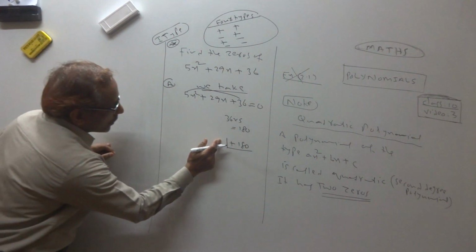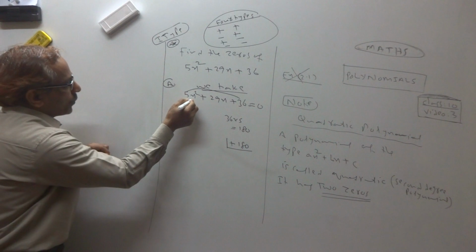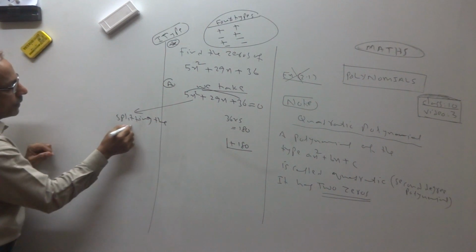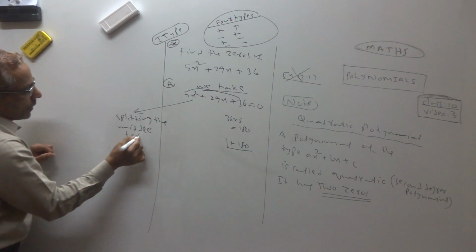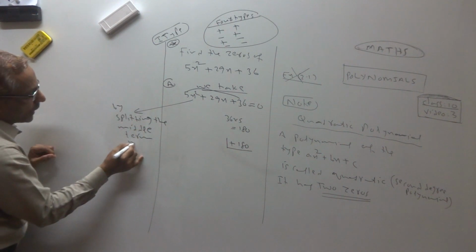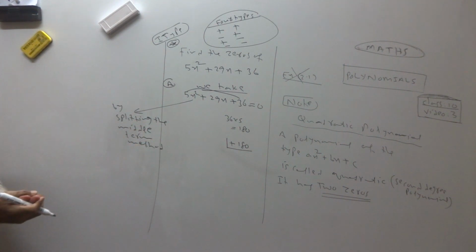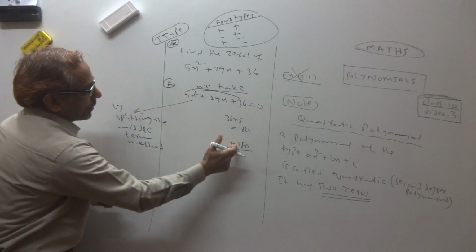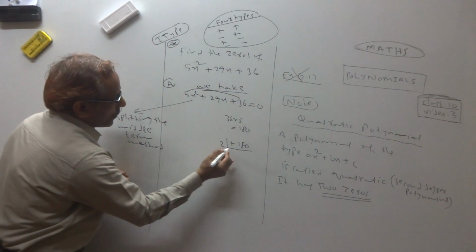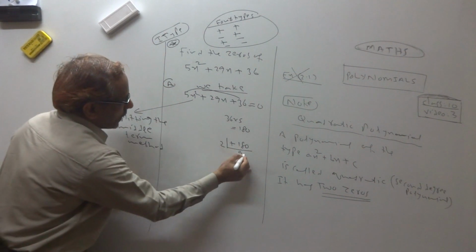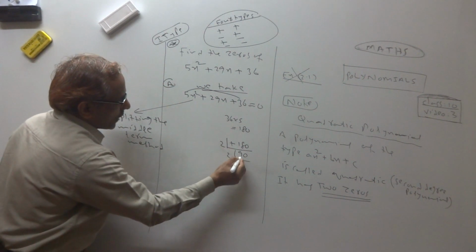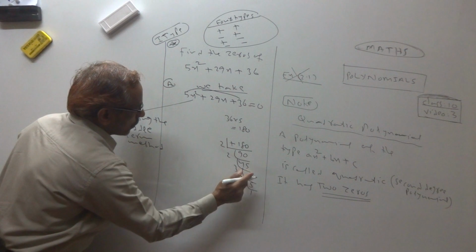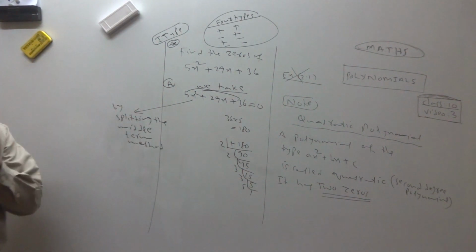Then you find out its factors. See the method which I am doing now, this is called splitting the middle term. By the splitting the middle term method, we have to split this middle term. 36 fives are 180, plus 180. Now we find out the factors. We always cut it by prime numbers. 2 nines are 18, 2 fours are 8, 2 fives are 10, 3 fives are 5 ones are. You know how to find out the prime factors of 180.